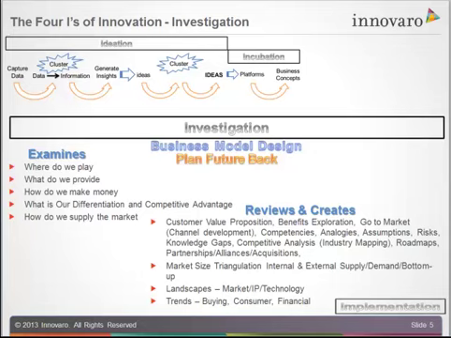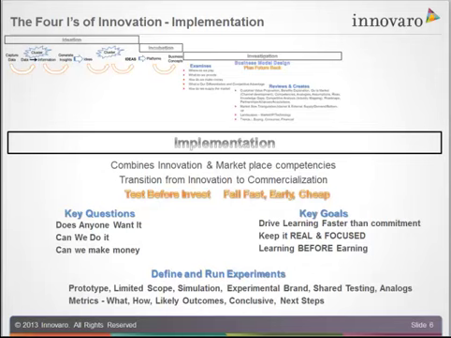And then certainly you've got to take a look at key trends with buying and consumer trends and financial trends. It's not good to be looking at something that's got a lot of investments, a lot of cost in it, if the financial trends in the marketplace are going the wrong way. So that's really about investigation, which then leads us to the last phase, which is implementation.